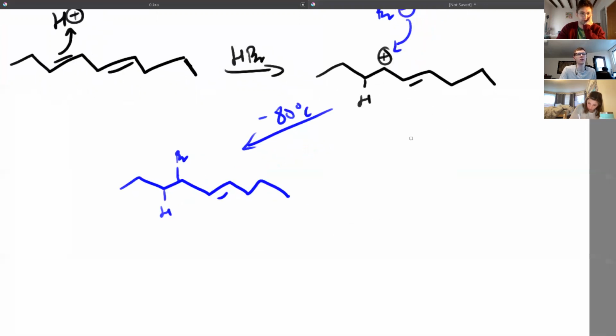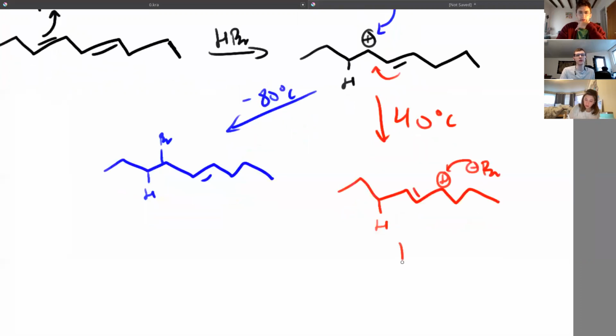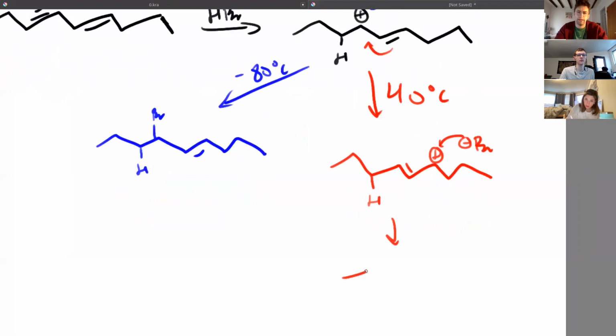And in the case of the thermodynamic product, where it's hot, we can move this double bond over. Oh, very sloppy today. So there's the plus there. And then we're done. And Adam, is there any preference for which